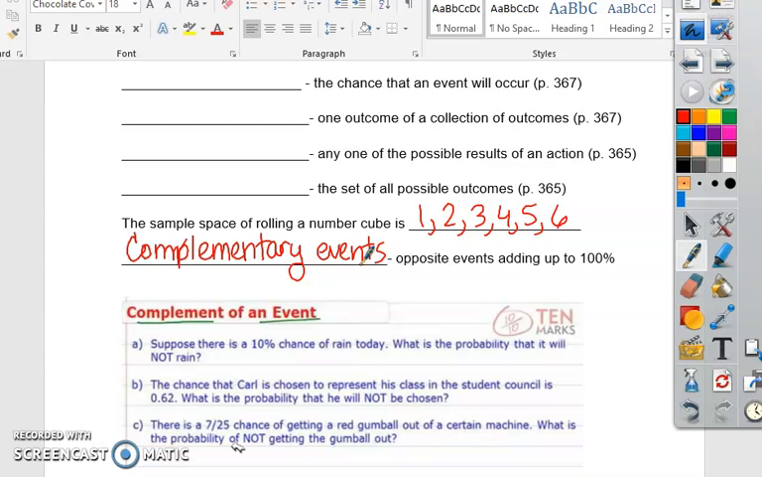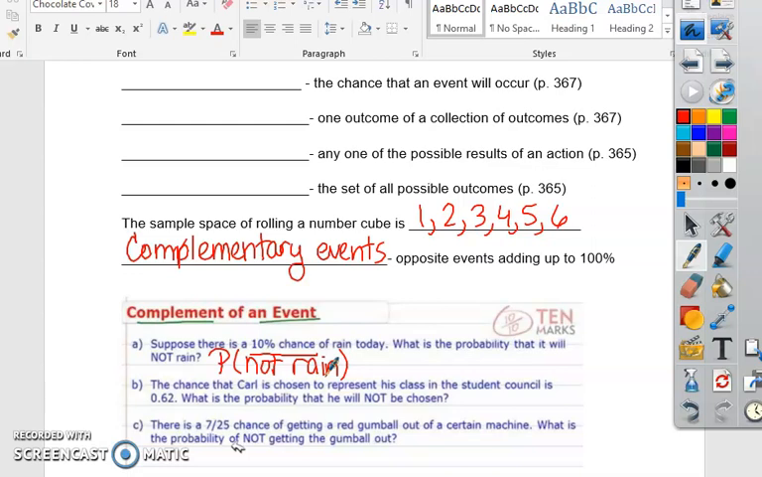So here's an example down here of complementary events. It says, suppose there is a 10% chance of rain today. The complementary event will be what is the chance that it will not rain. I normally write it like this, probability not rain. Again, when it says rain, the opposite, I don't say it's sunny. Opposite is it is not going to rain. Because if it doesn't rain, it might be sunny, it might be cloudy, it might snow, it might hail,